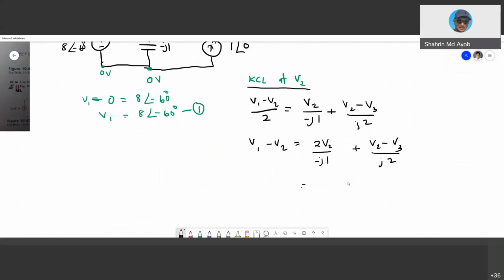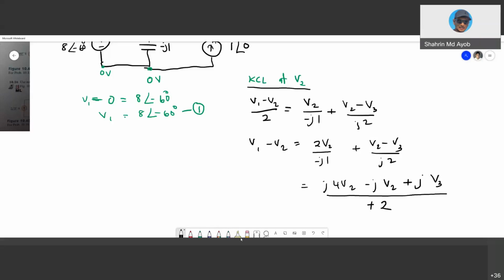Negative J1. So this one will become J4V2 plus, sorry, negative J V2 plus JV3. So this one, negative J and J, so it will be